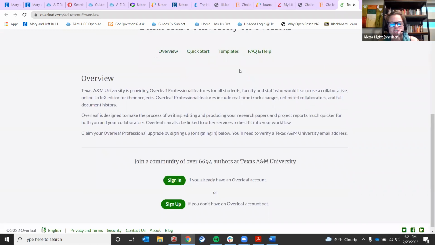That is a really good question. And it sounds like somebody else put in the chat that y'all are required to use Overleaf or LaTeX for your thesis. And so it might be a conversation that could happen between the library and the College of Graduate Studies. I don't have buying power myself, but I can definitely run it up the ladder.